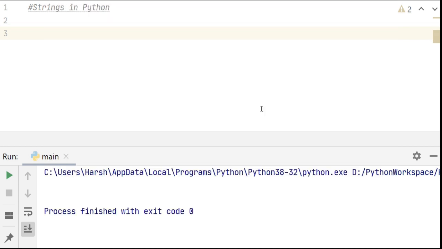A few things which we have already seen is that a string is a sequence of characters enclosed in quotes. So anything between these quotes is considered a string. So hello world in quotes is a string. Even numbers inside double quotes are considered strings. Also a combination of alphabets and numbers in double quotes is considered a string.